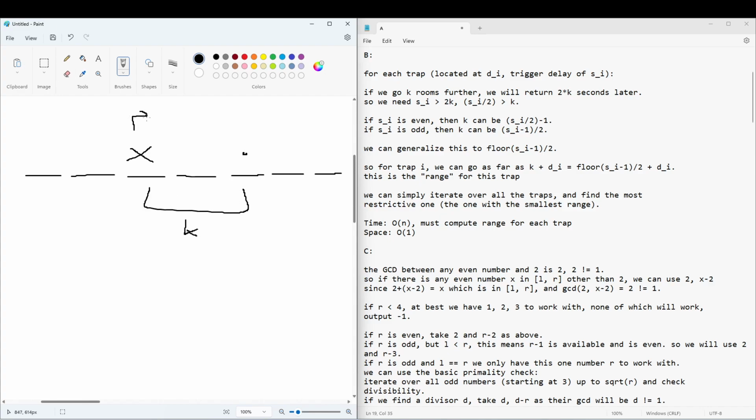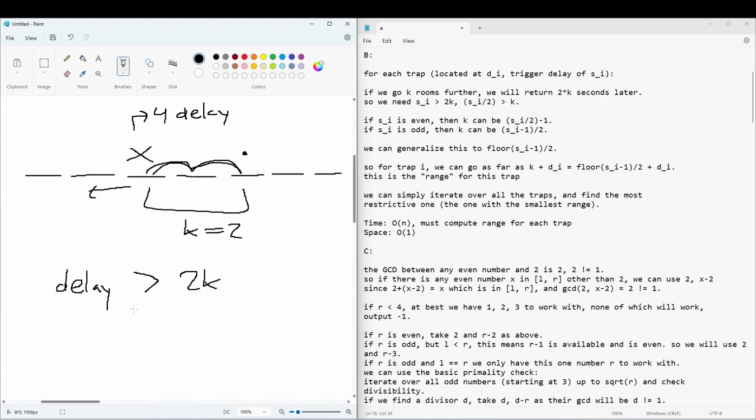So let's say this has a 4-second delay. We cannot actually make it to this room and back, since we would go 1, 2, 3, 4, and then it would trigger as we get there, and then we wouldn't be able to get past it. So this is k equals 2, and it takes us 4 seconds to get back. And this is a 4-second delay. So the time we need to get back is 2k, since we need 2 seconds to get to 2 rooms ahead, and then 2 seconds to get back, has to be